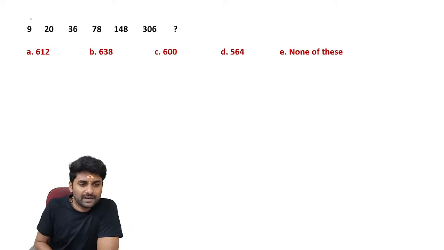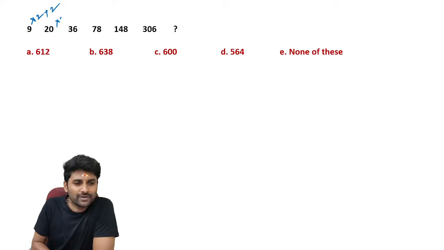So you can see 9 into 2, 18 plus 2 is 20. 20 into 2 minus 4 is 36. 36 into 2, 72 plus 6 is 78. 78 into 2, so